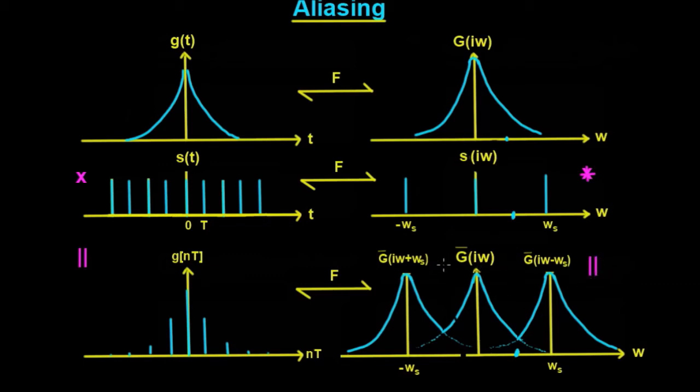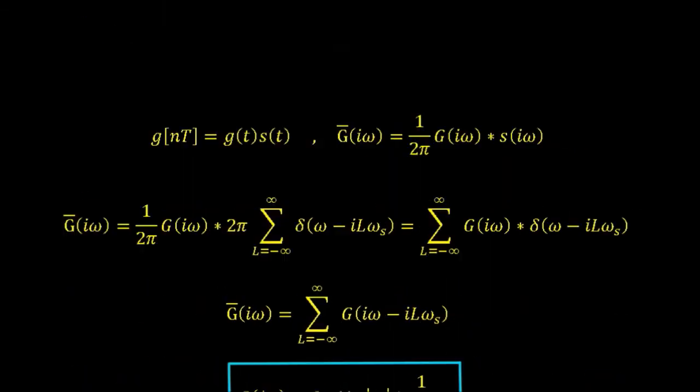Now I put a little hat on top of this g of i omega because this represents, as I said, the actual discrete time Fourier transform, and I've got the little hat there to make the difference between this one and this g of i omega here. Okay, so